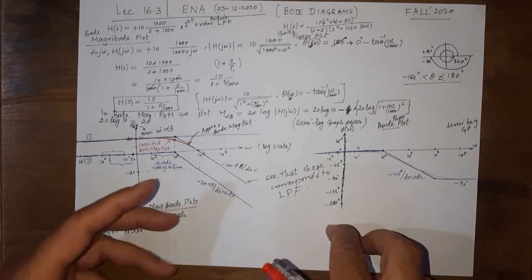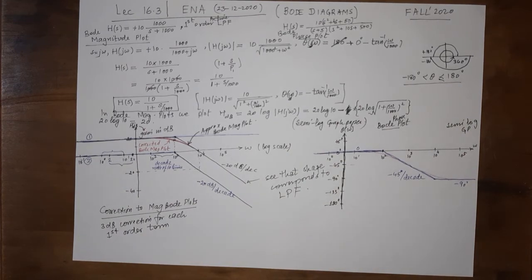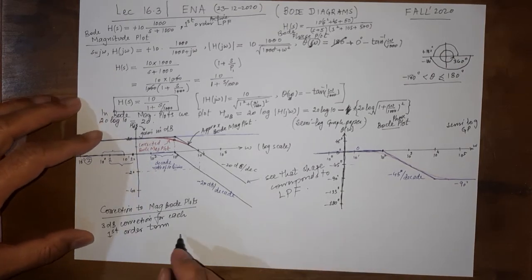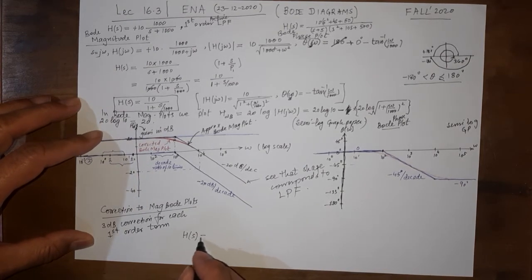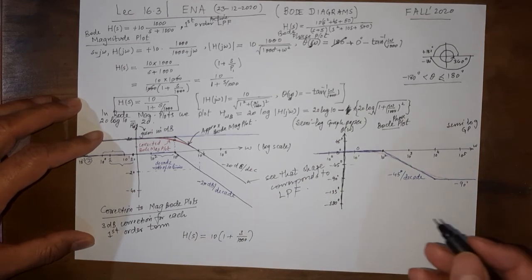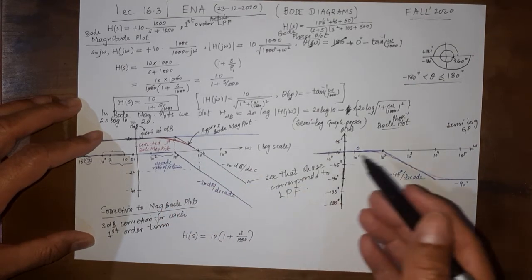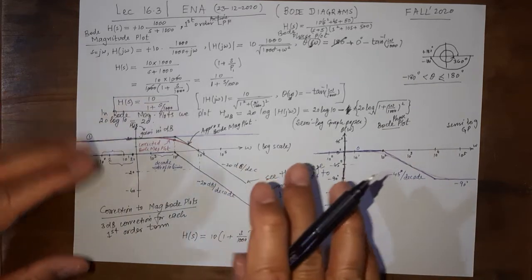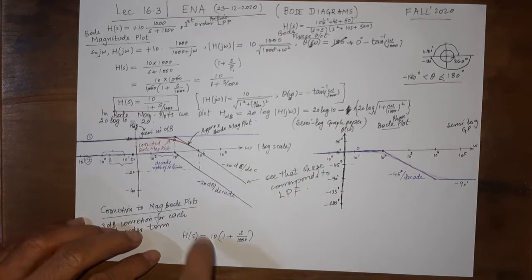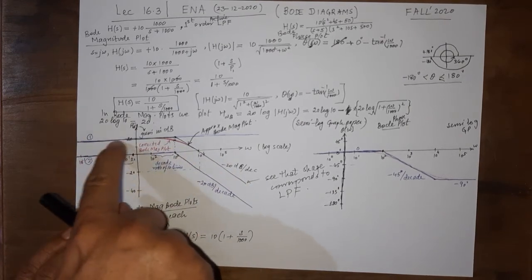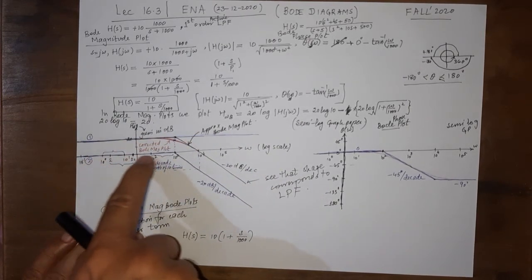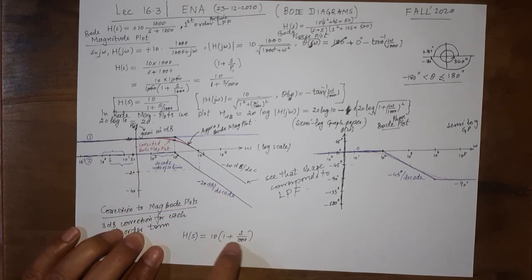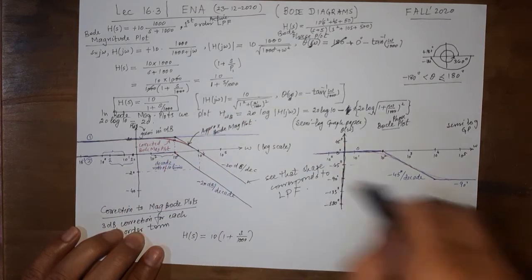On the other hand, suppose I'm just assuming things, we were to have h of s equal to 10 times 1 plus s over 1000. This is the h of s for which we need to draw the Bode magnitude plot as well as the Bode phase plot. All the difference is that the 10 term is common, so basically this line would be common, and instead of going downwards at this point, this is in the numerator now, so it will go upward.